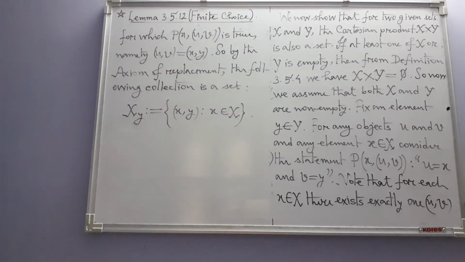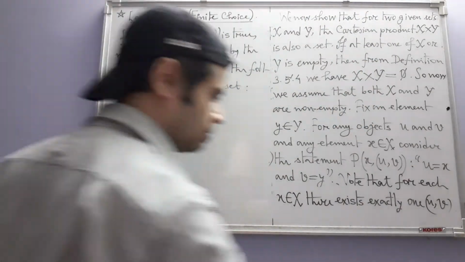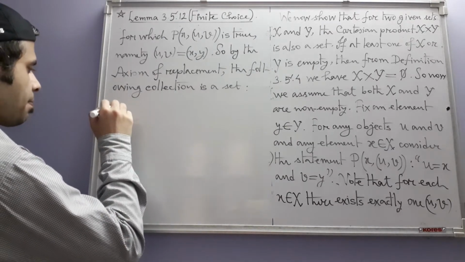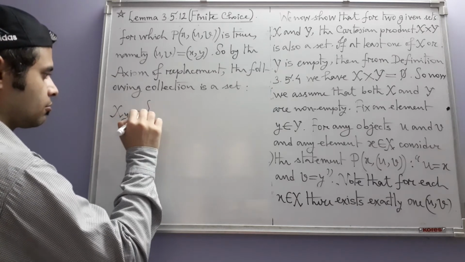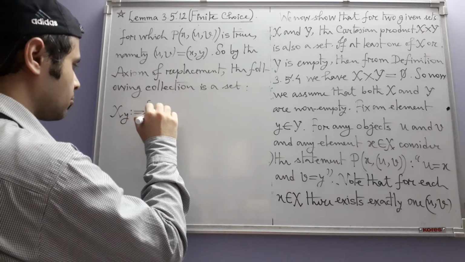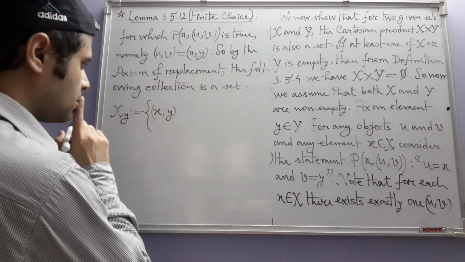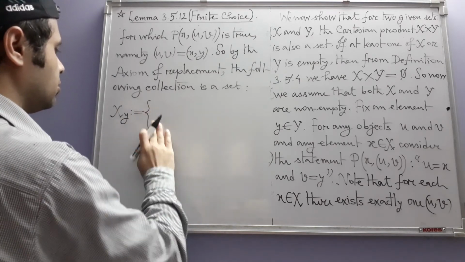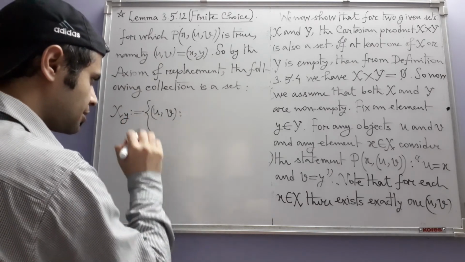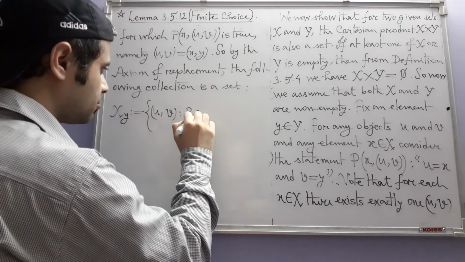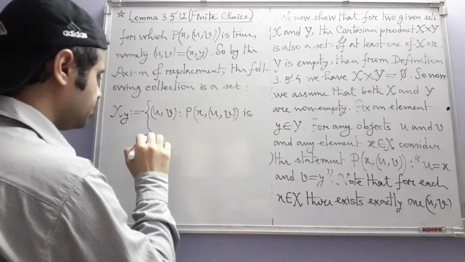Okay, and to make it more clear, I can in fact write it like this. Or wait, hold on, it's not (X, Y): (U, V) such that P(X, U, V) is true